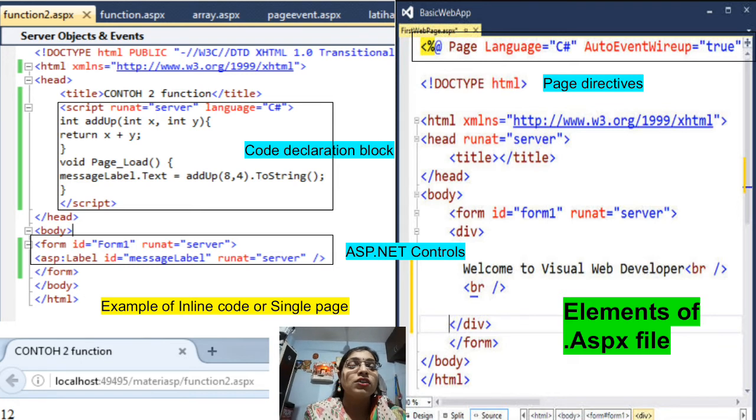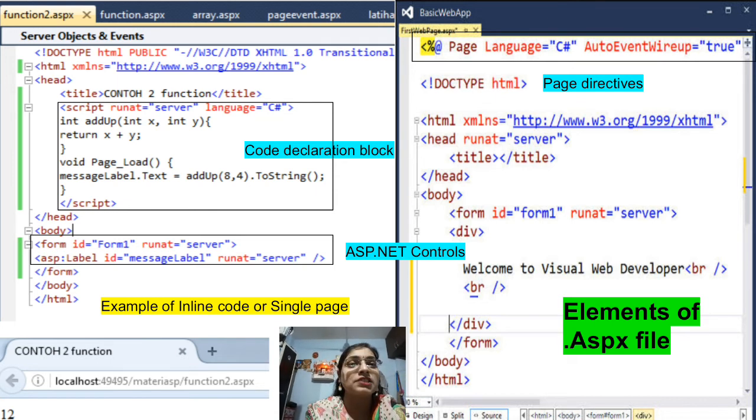Again, in the second half we also have some portion of code, which is the same, but in this we have not written any logical part. From this example I want to clear two concepts. The first concept is inline coding, which I hope is clear to you now. Other than that, we are going to learn one more question, that is the elements of the .aspx file. This is the theory question which will be asked during the exam.